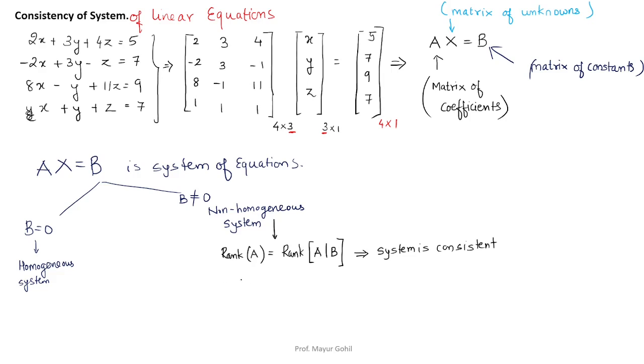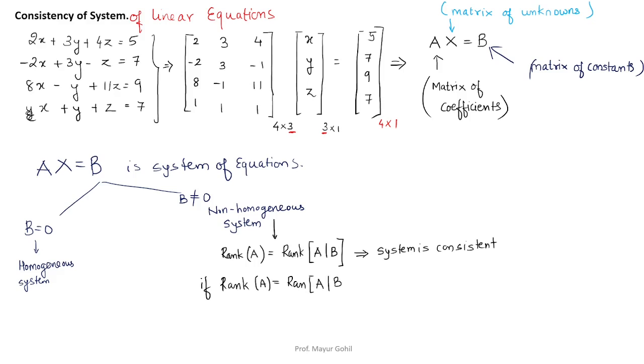Consistent. This is what is the condition. So this is what we need to remember: if rank A is equal to rank AB, then the system is consistent. And now we have something very important here. Now they say that if rank A is equal to rank AB,